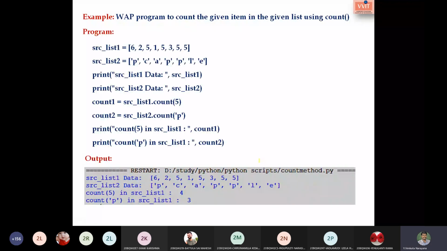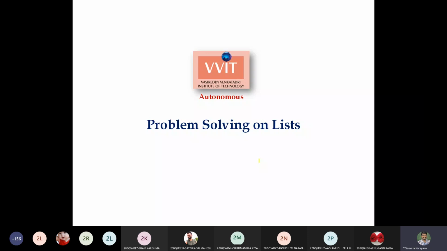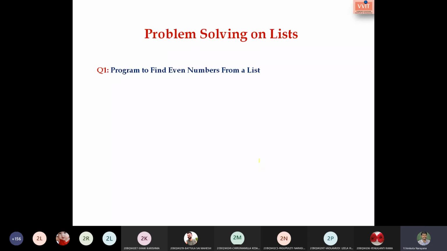This is a program that we have discussed now. Just to make you feel comfortable, I have some questions for you for exercising. The program to find even numbers from the list. Can anyone solve it? I would like to give you the presenter. Please solve it in your console and explain it to your friends. Would anyone like to do it?